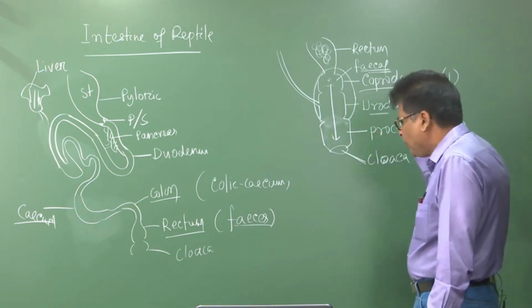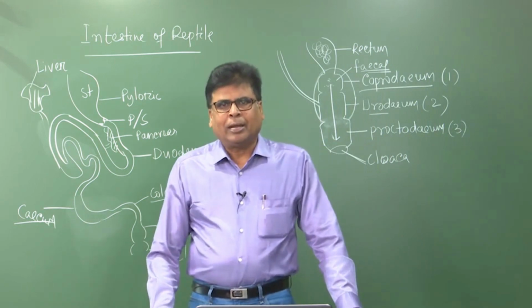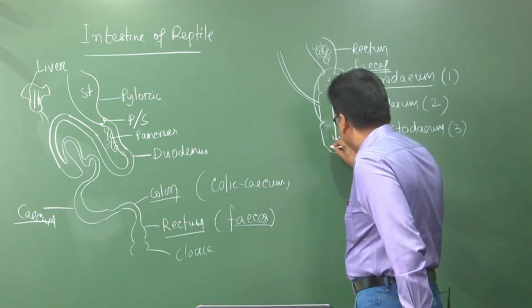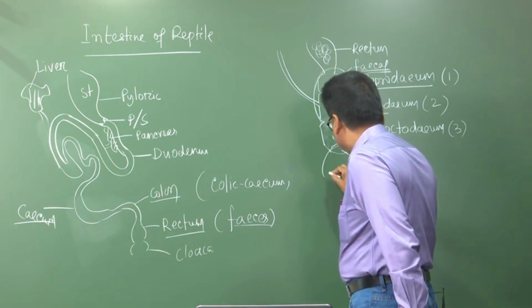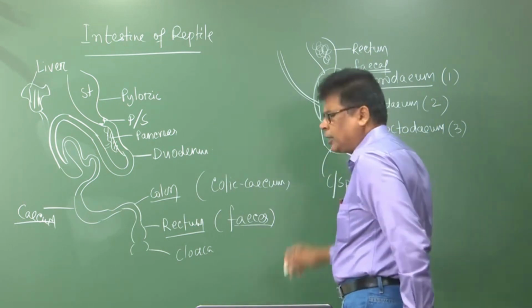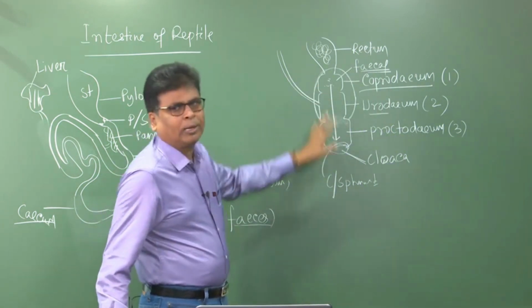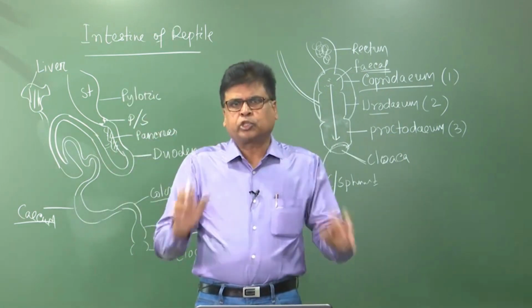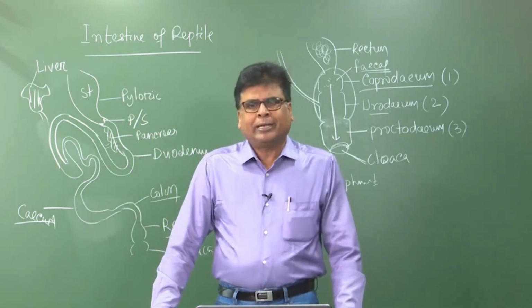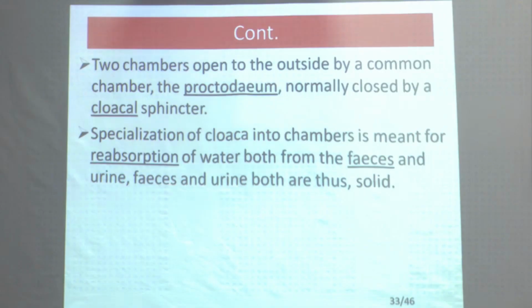and the proctodium opens to outside by an aperture, that is the cloacal aperture, and this cloacal aperture is actually guarded by one sphincter that is known as cloacal sphincter. That sphincter regulates the passage of the product of the cloacal chamber. So, this is the most important modification regarding the cloaca in case of reptile. Specialization of cloaca into chambers meant for